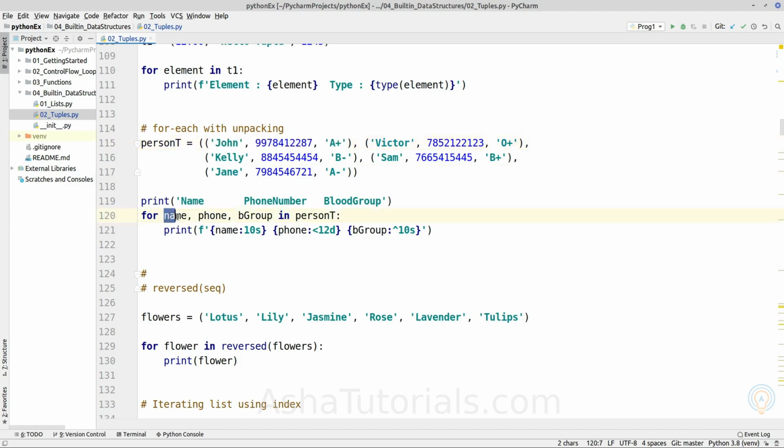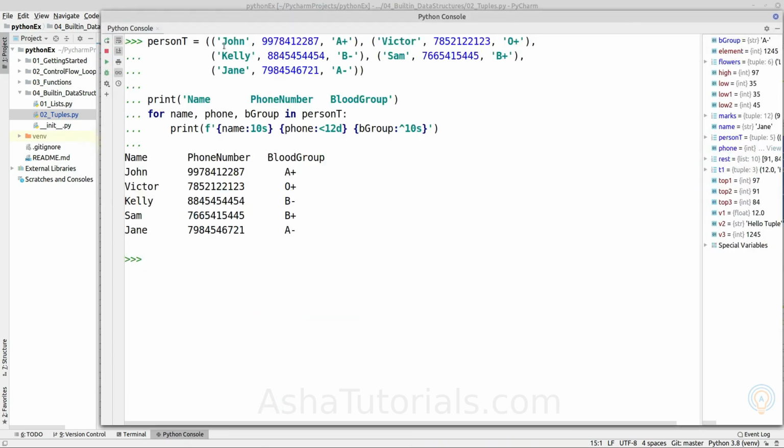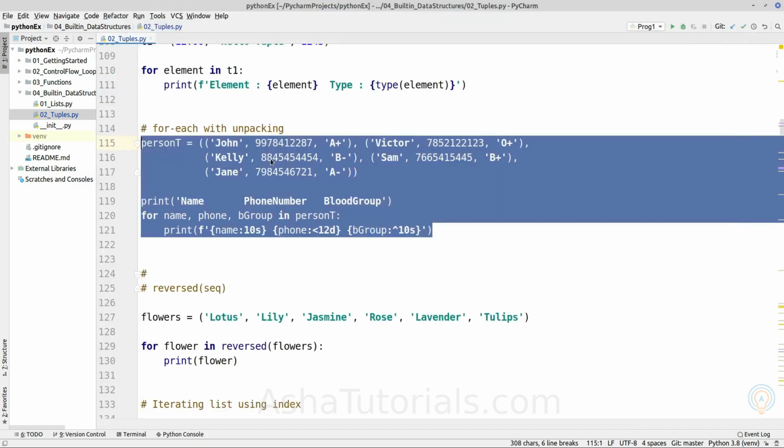So instead of writing a single variable, if we write a number of variables equal to the number of elements inside the inner tuple object, it will unpack inside the for each loop. So as we can see, we are accessing the first, second and third variables. Okay, so if we execute it, as we can see, it will print the element values of the inner tuple object. So here is how we can unpack a tuple object inside the for each loop.